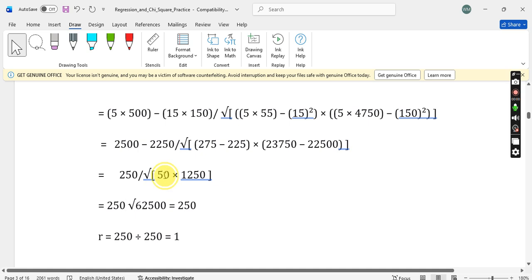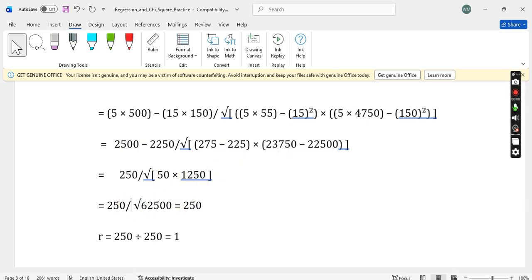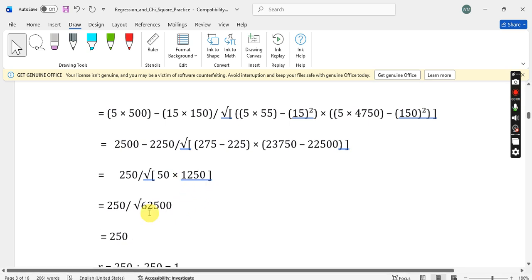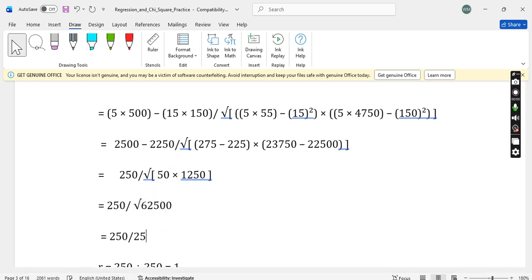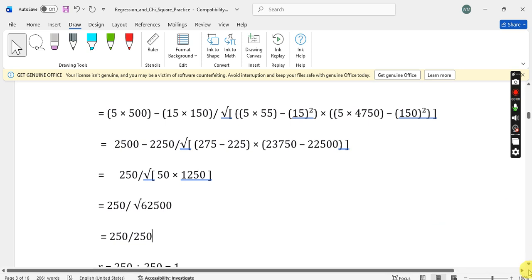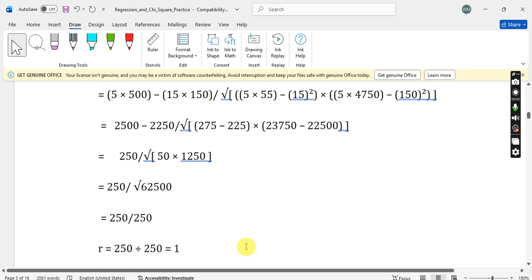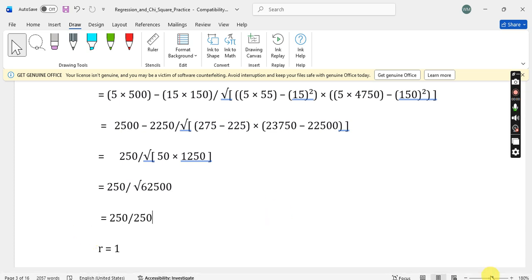Then 50 times 1,250, you get 62,500. The square root of 62,500 is 250. 250 divided by 250, you get a correlation coefficient of 1,